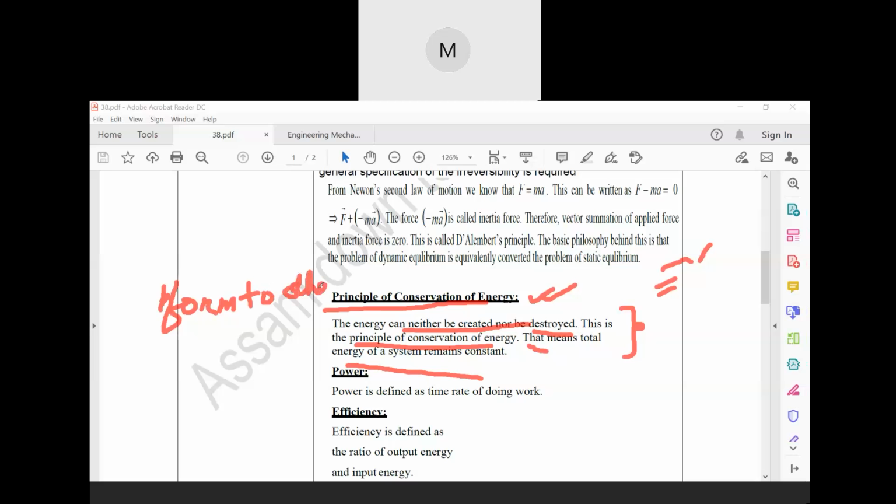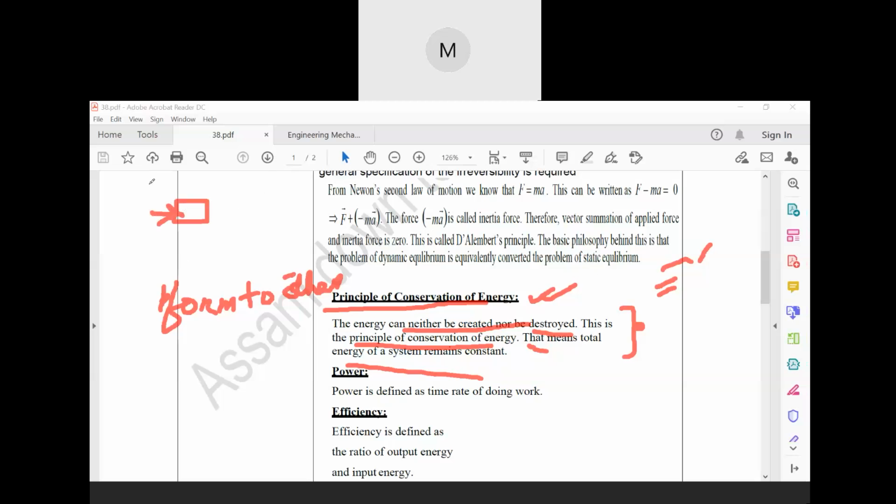Hello. Yes, speak. Sir, can you elaborate the D'Alembert's principle with an example, a practical one? There is no example as such. Look, we are applying force somewhere in a body,